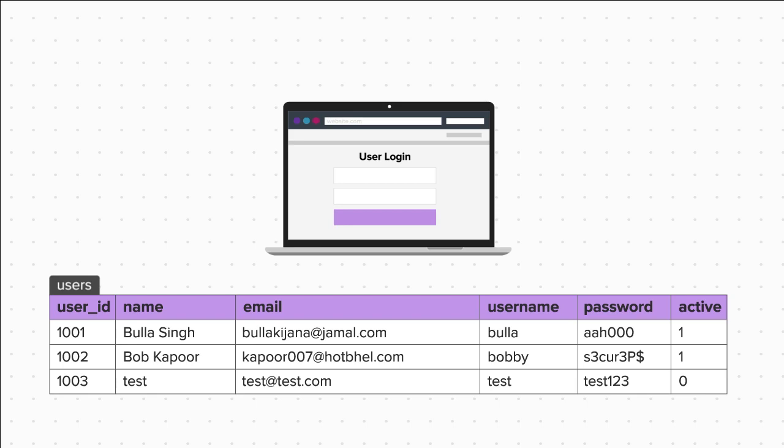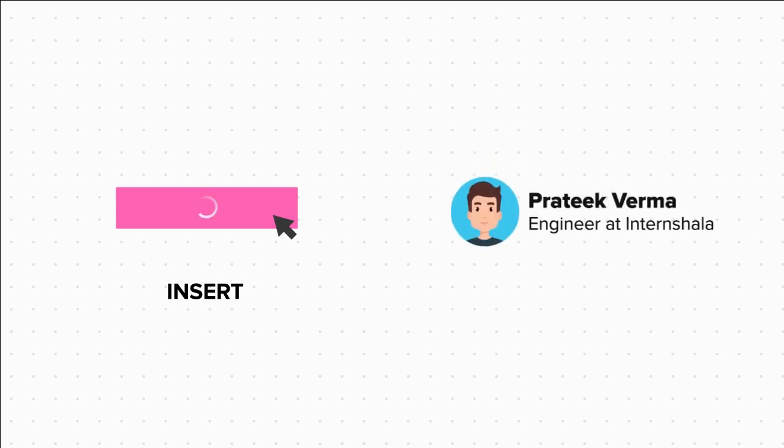Now there are different commands in SQL which can be used to do various things. For example, when a user creates an account, the website uses an insert command to add the information of the user in their database. And when the user wants to view his profile, the website uses the select command to fetch the user's data. In this topic, we'll stick to basics and learn about how the select command is used.